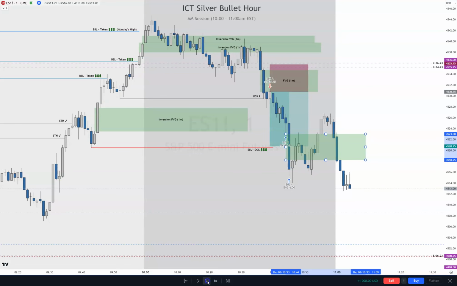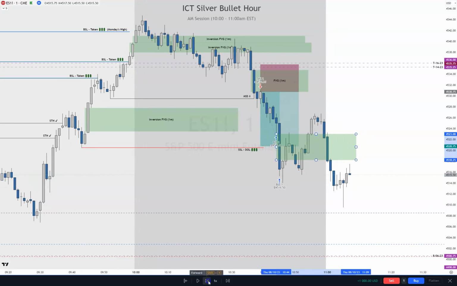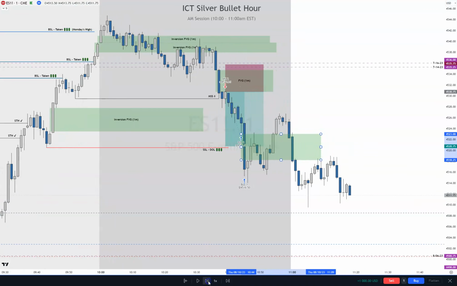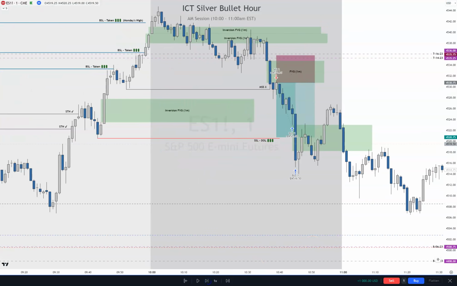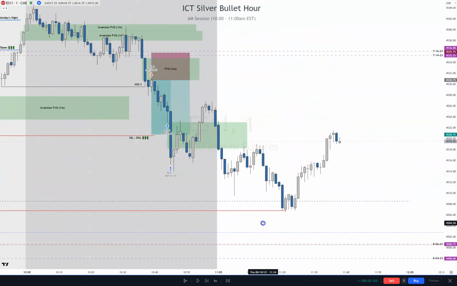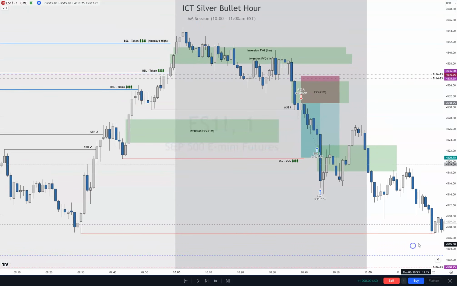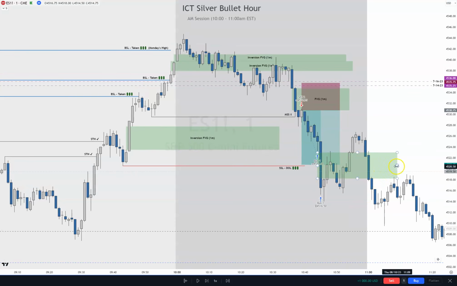Let's just see how far we go here. Let's see if we ever take out that low. I think we may have taken out that low. Ooh, we did right there. So you could have aimed for that low. I think eventually it hits the new week opening gap. I don't remember, but let's take this off. All right, let's move this one off. Okay, there's your silver bullet trade. Let's move that. So let's go back through what happened here.